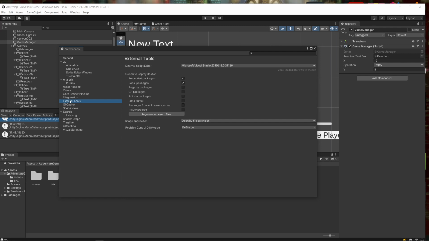So you go to External Tools and see, does it say Microsoft Visual Studio or are you choosing? Okay, drop this down and hopefully, do you see any other options? Click on that one, yeah. Otherwise, if you say open by file extensions, it's just using whatever code editor that you told it you had, which is probably Visual Studio Code or